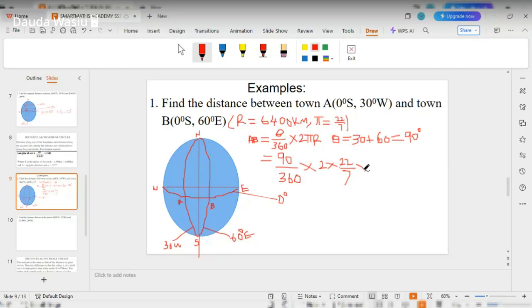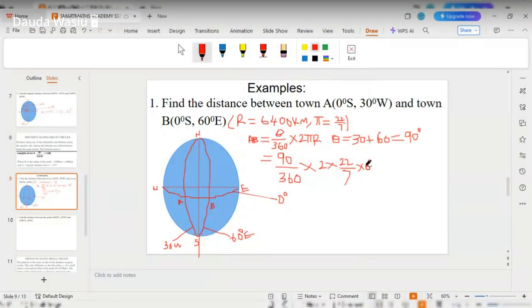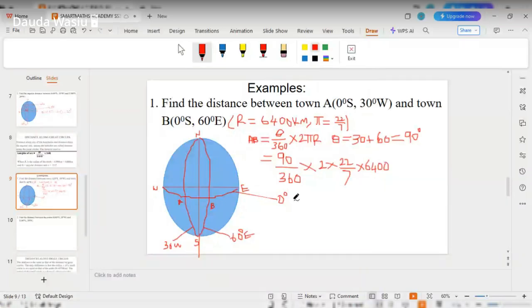So the radius of the earth is 6,400. So if you multiply everything here and divide by the denominator, the answer will be